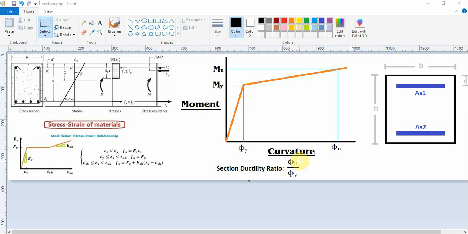Hello guys. In this video, I'm going to show you the concrete section ductility ratio optimization in C programming. As you see, we have a rectangular concrete section with different layers of steel rebar, and concrete stress is defined by Whitney stress block, and the relation between strain and stress of steel rebar is defined with this formula,